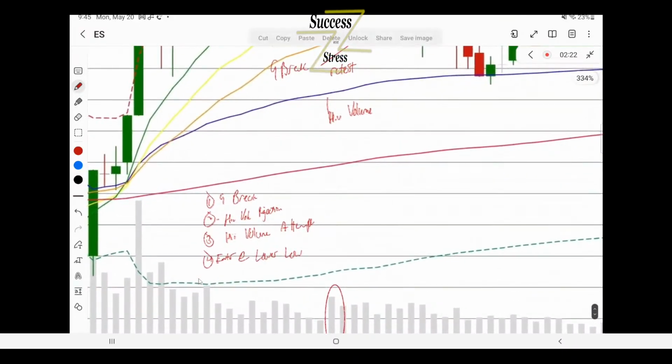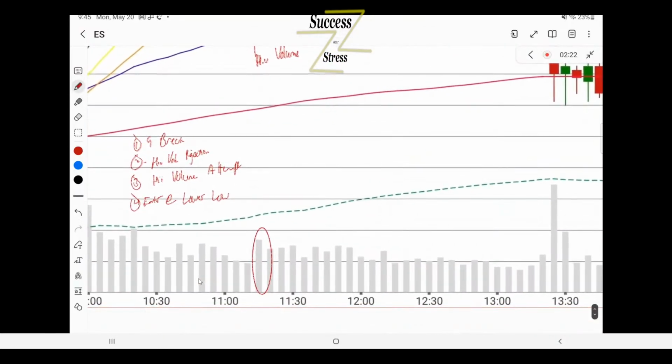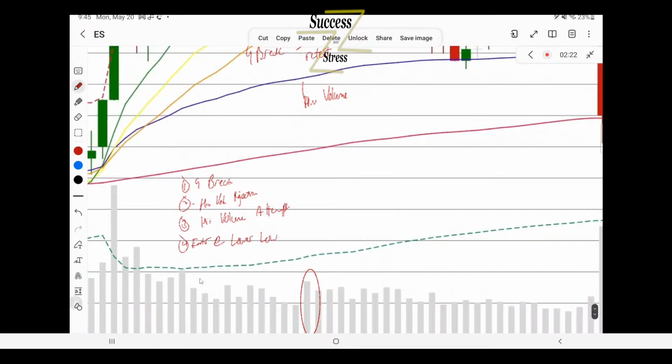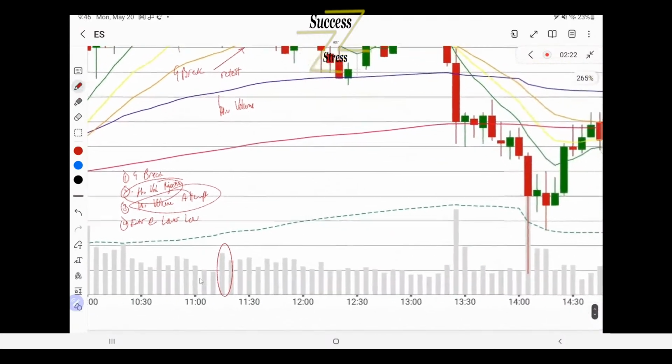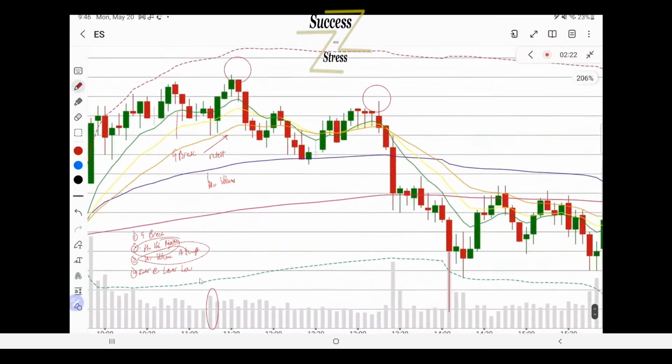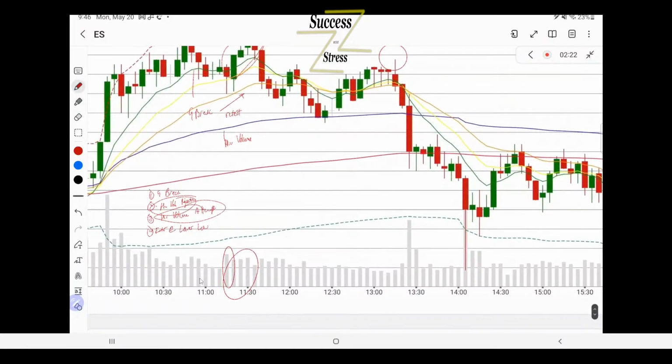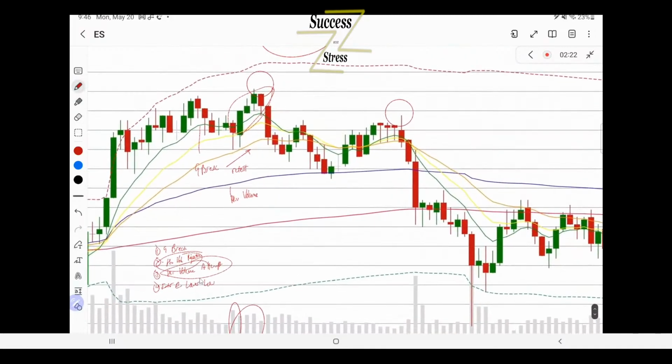But again, this is how you would do it. So what I was looking for is that number one, we have a break of the 9-period moving average, and then two, we have a high volume rejection, right? So that rejection there is a high volume, and then three, we have a high volume move up, right? The attempt to continue moving up, this attempt here, has decent volume as well, and then from there we have a lower low. So we got a break of that lower low.